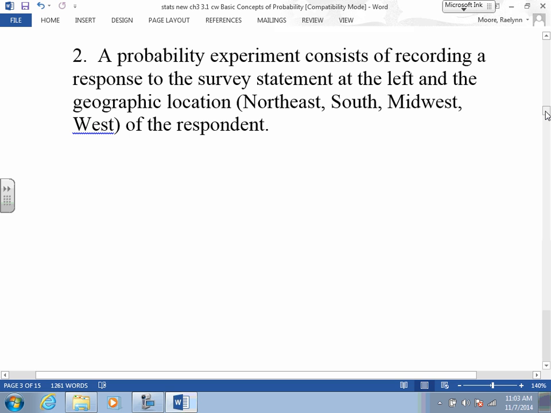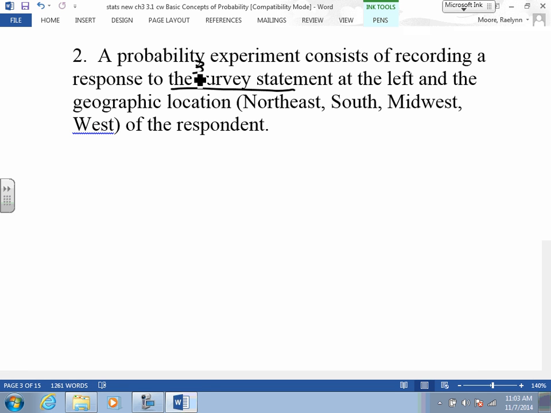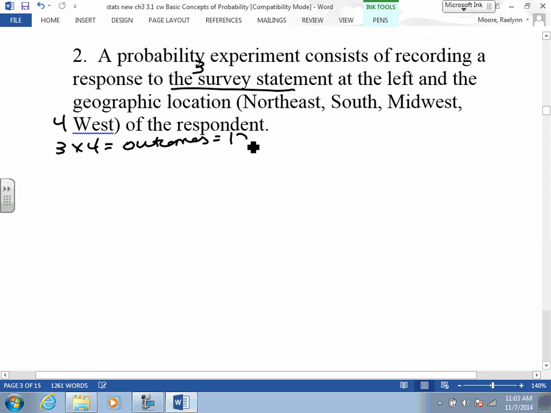Okay, now I want you to make me a chart. You're going to give a response to the survey. How many responses to that survey? How many responses did they list? 3. And instead of male-female, they want you to now use a geographic location. And how many geographic locations do we have? 4. So how many outcomes should we have? 12. So, your goal